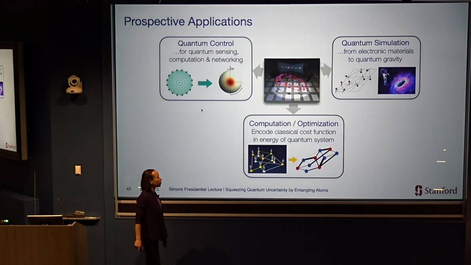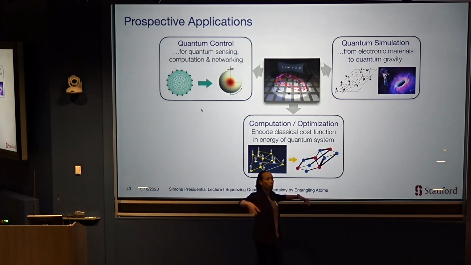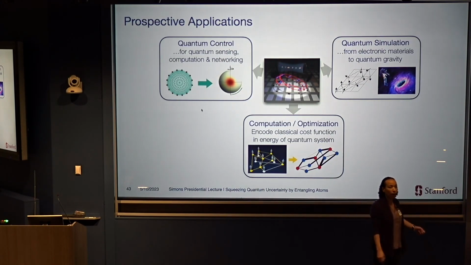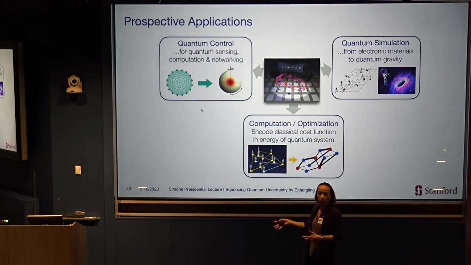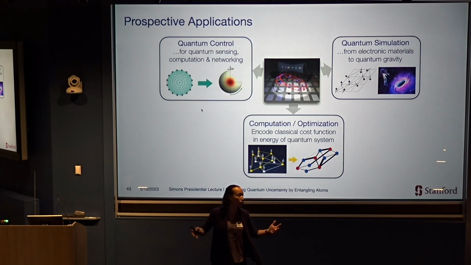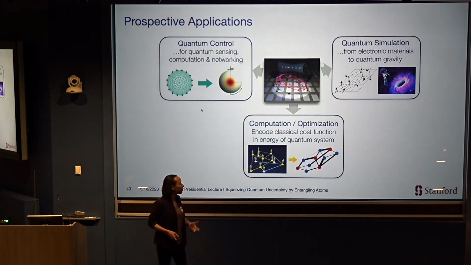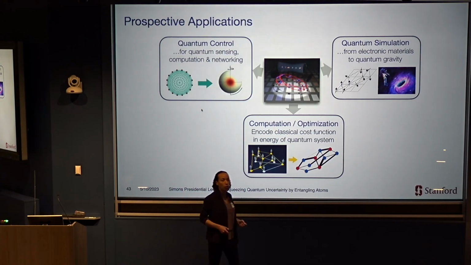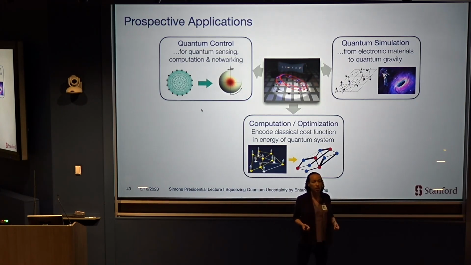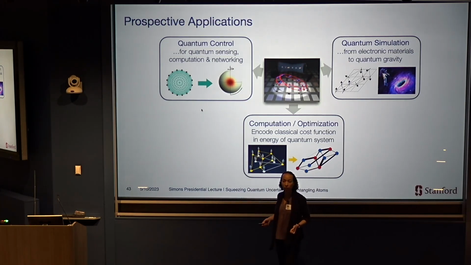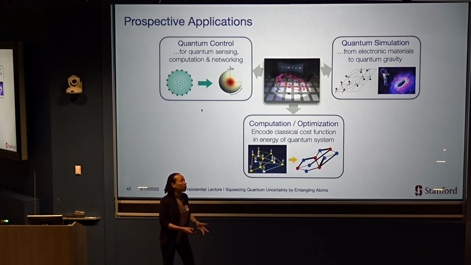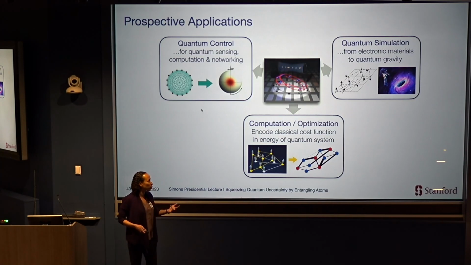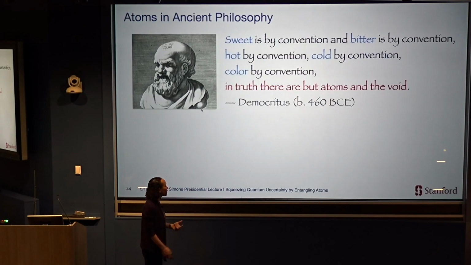OK, so just to give another detour into what else you can do with this toolbox. I mentioned earlier that having this well-controlled quantum system could be a tool for simulating some problems from other areas of physics. I gave the example of electronic materials, but here's a very different area that we've been thinking about: can we use these programmable model systems to explore some questions from the field of quantum gravity? So that might sound far removed from what I've been talking about so far. So let me introduce this on a philosophical note.